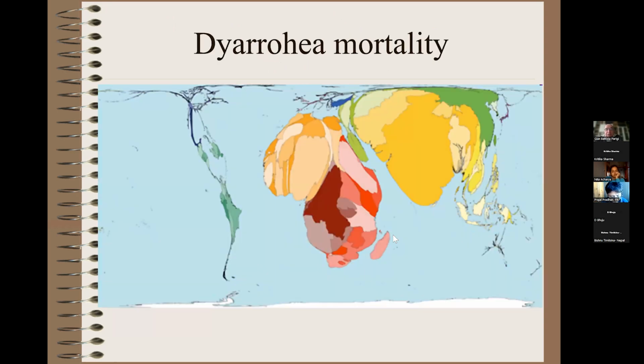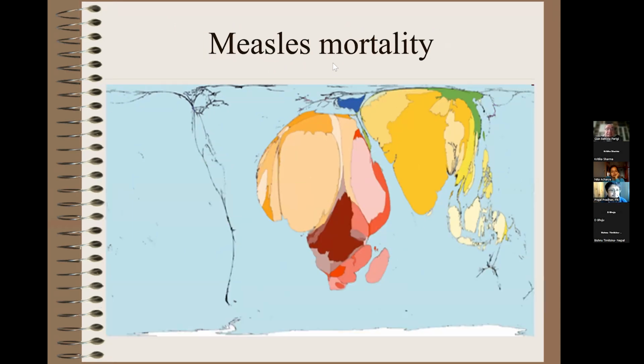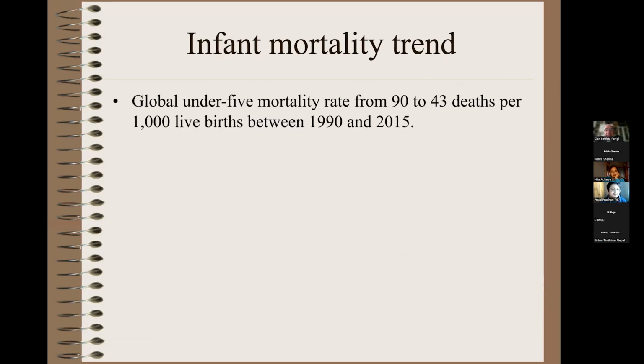But if I go to diarrhea mortality, no one dies of diarrhea in America, in Europe, in Japan. But still, unfortunately, many children die of gastroenteritis in these countries. The same applies for measles. Again, measles is extremely simple to prevent with a vaccination. All over America, no one dies of measles. In Europe, in Australia, Japan, no one dies of measles because of vaccination. In Africa, look at this, Nigeria is enormous, but also India and Pakistan, there is still a lot of things to do. The trend is not so bad.